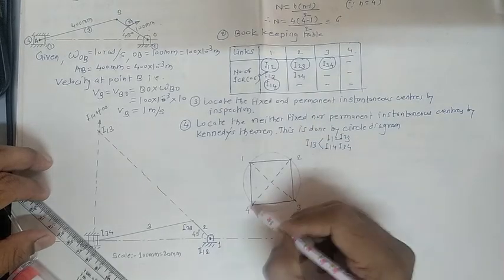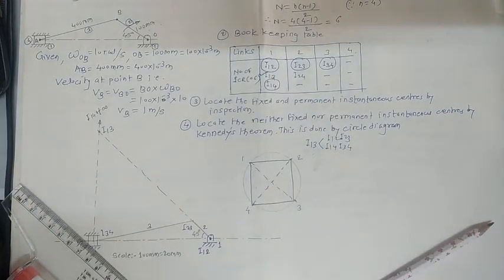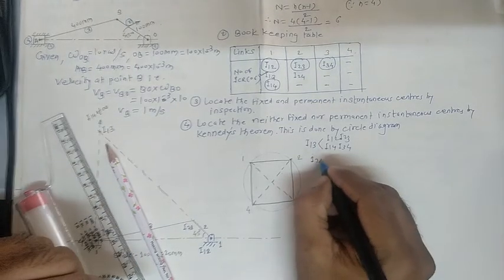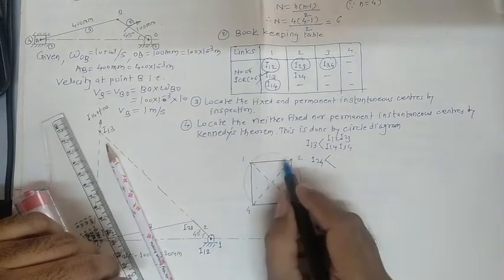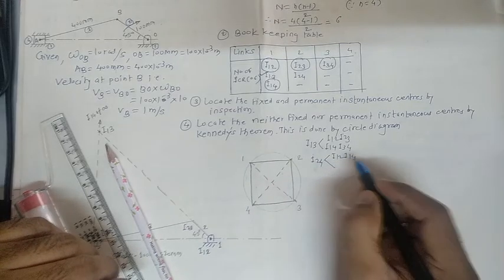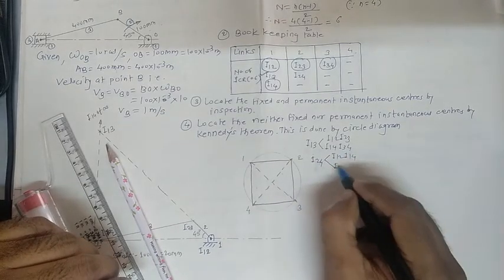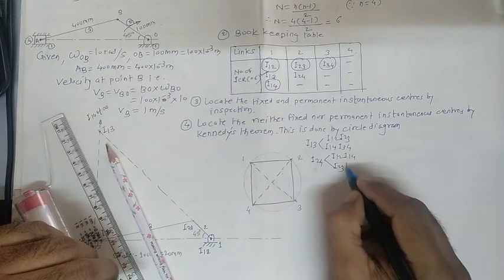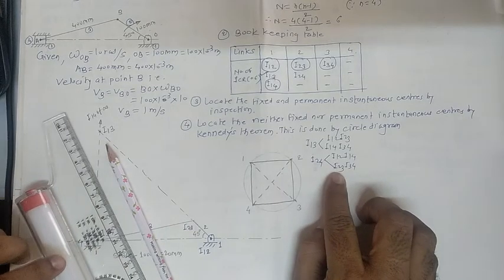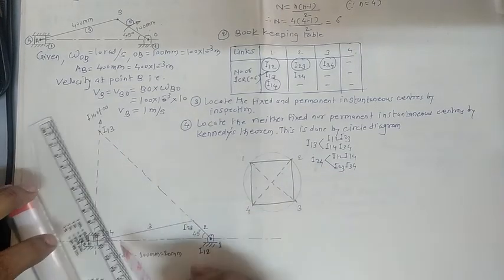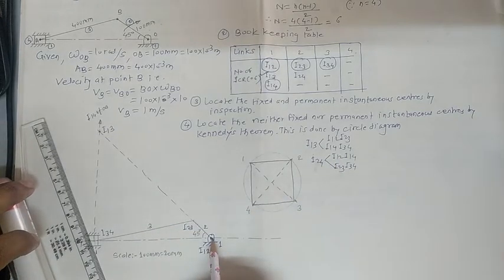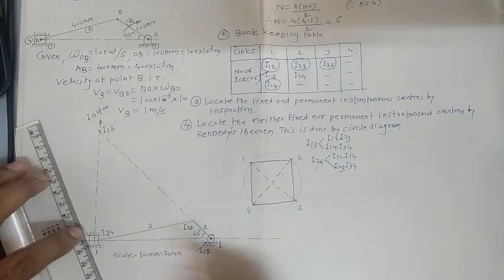Concentrate on this 2 4, and write it here. 2 4 is the intersection of I12 and 1 4, next 2 3 and 3 4. So once we get the guideline of the same, come back towards this diagram and find out where I12 is. I12 is here. Next, 1 4. So this line indicates 1 4.